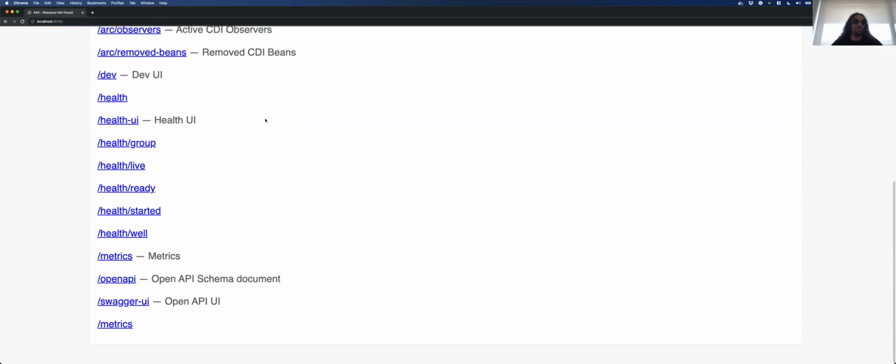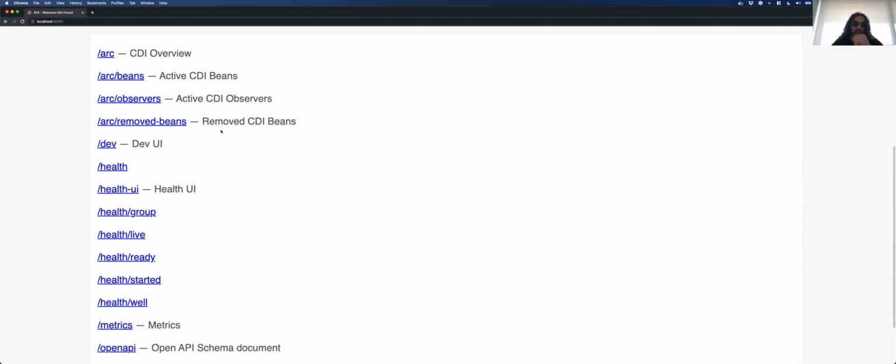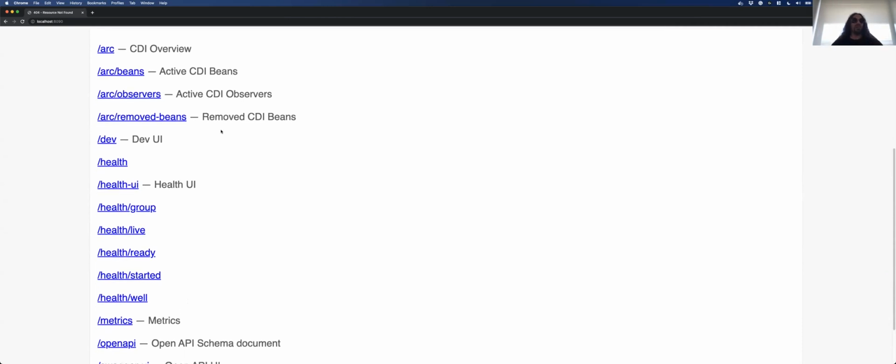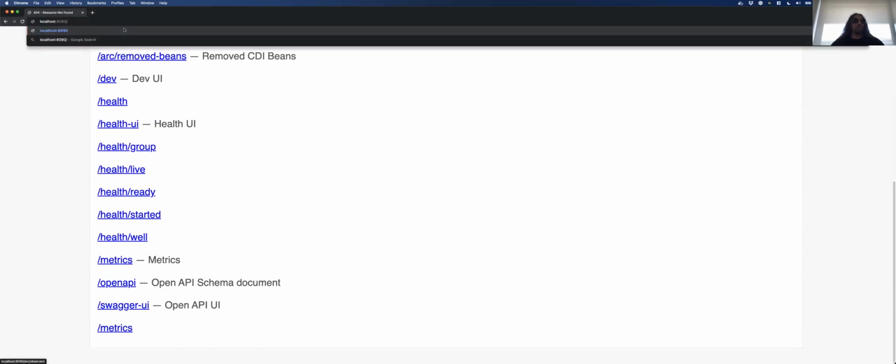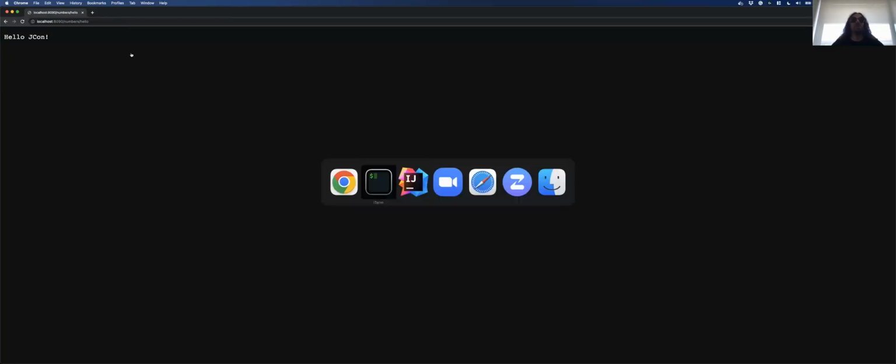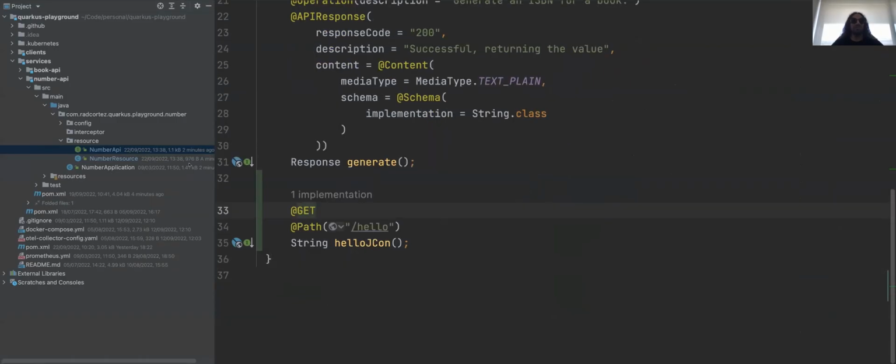There is a bunch of things that you can look for over here. All the extensions that are loaded by Quarkus, you have them here, including OpenAPI. So you can see the endpoints that are running over there. I don't have Swagger yet because I didn't load it over here, but I'm going to show you that on another app. But if I go and call hello, well, you have hello JCon,